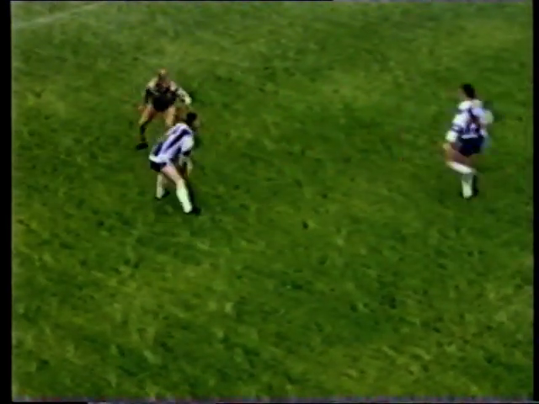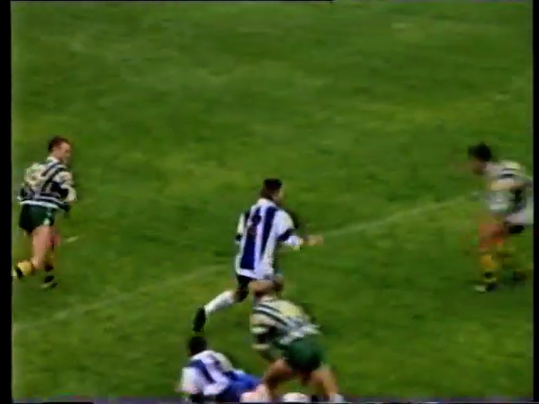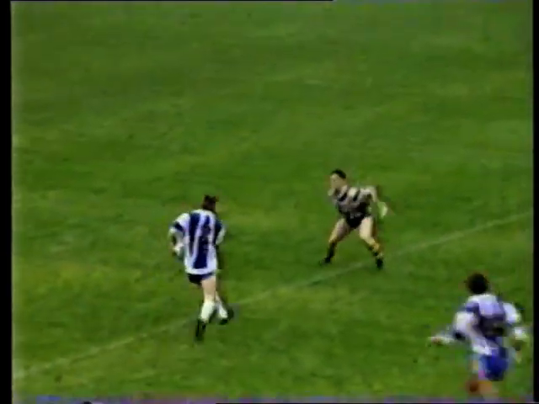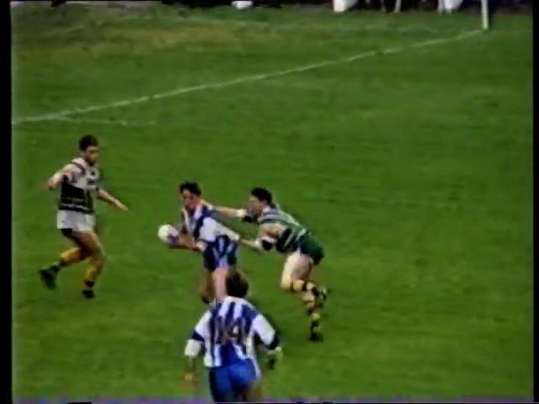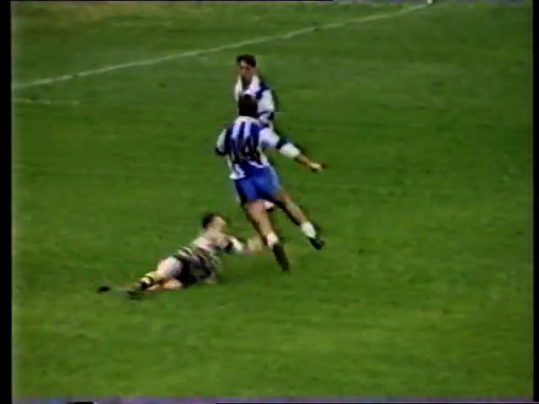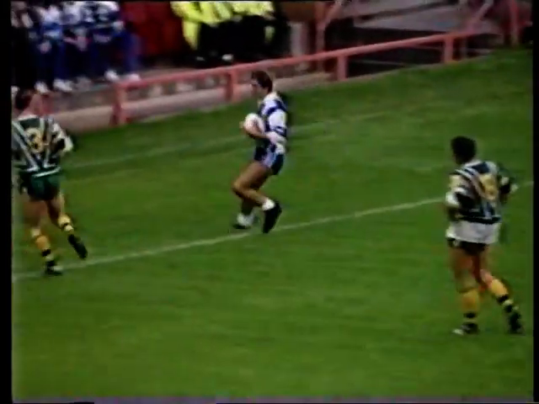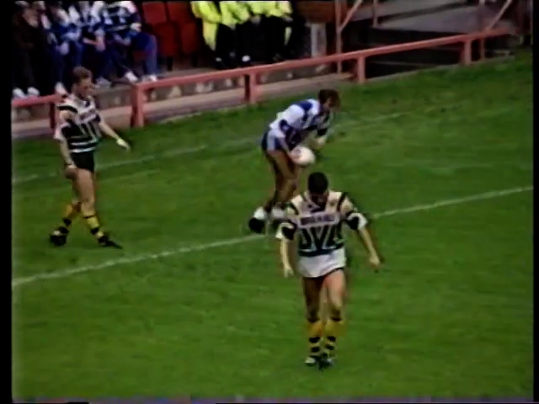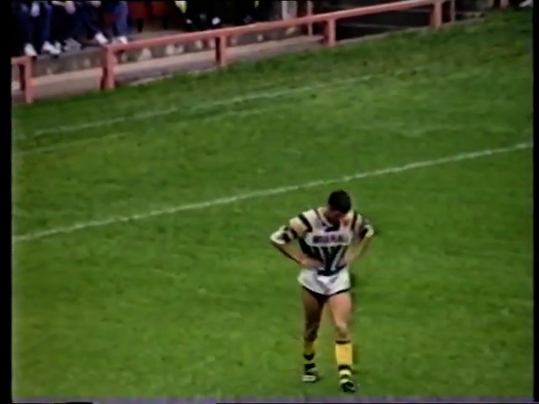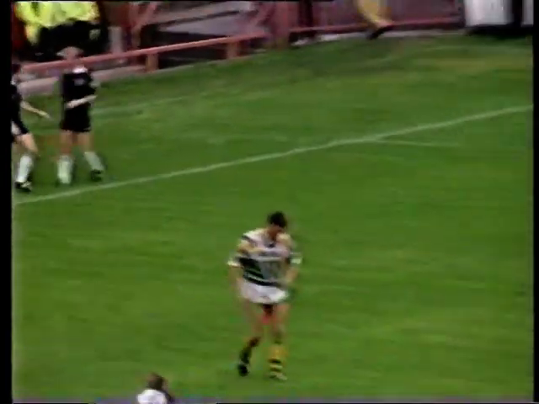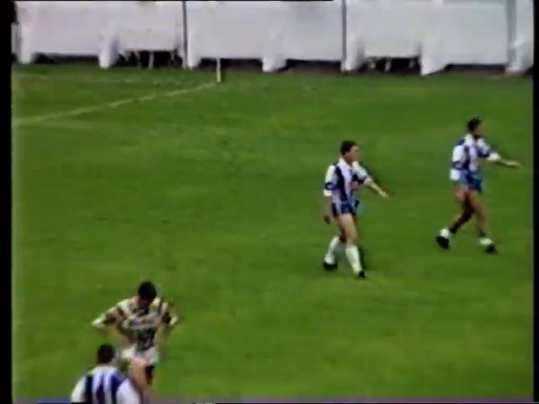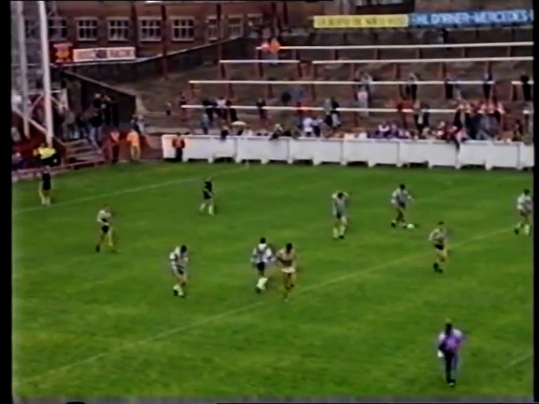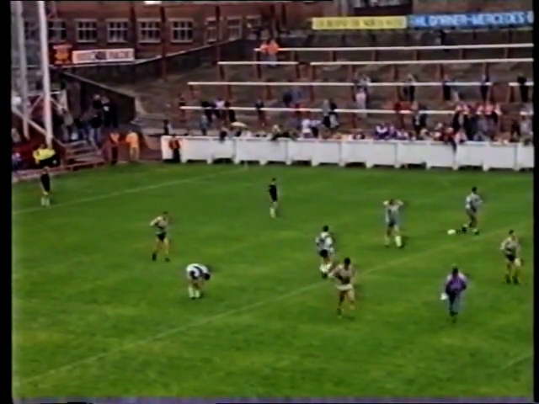He's being chased all the way by Bartlett, but Pashniak gets it back to Warburton again. And again, Oldham must surely score from this position. It's now out with Bradbury. He gets it inside to Chris Joint. Joint will make sure. And Oldham get their second try of the game. 3 minutes into the second half, and it's their number 14, Chris Joint, who's the scorer. Gives them a bit of breathing space. They now lead by 8 points to 0.